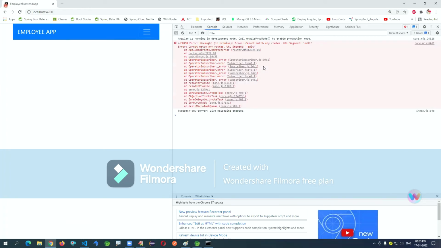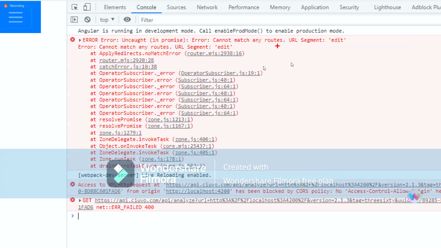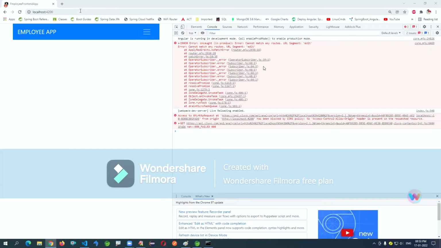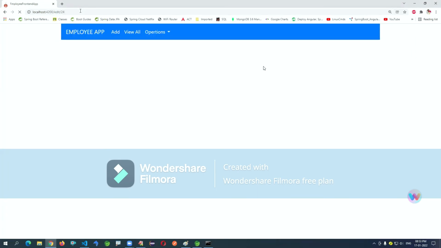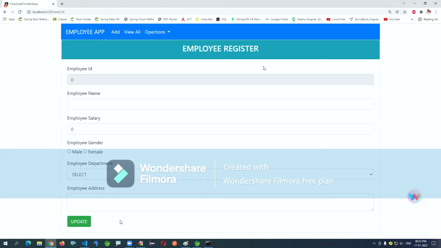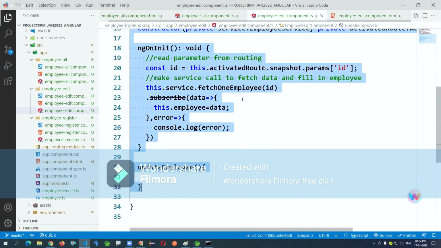So actually we have to define some error parameters and error pages. Wrong ID means it will try to get the data. For example, you're just trying to send the edit, you're submitting here, you will be getting the employee register page again, employee edit page like this. We have to show that in a proper way. Some error we have to handle, some error pages we have to define there.